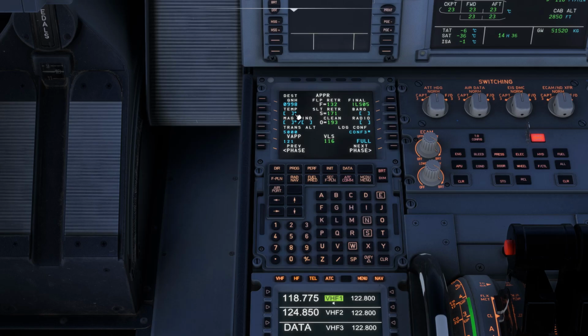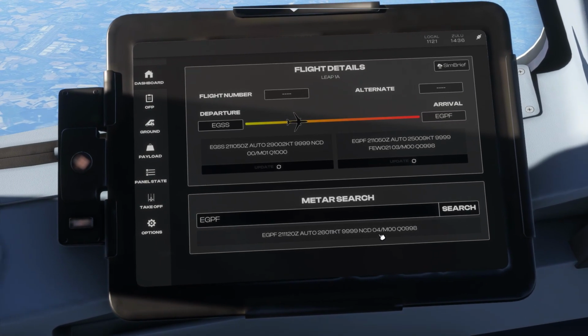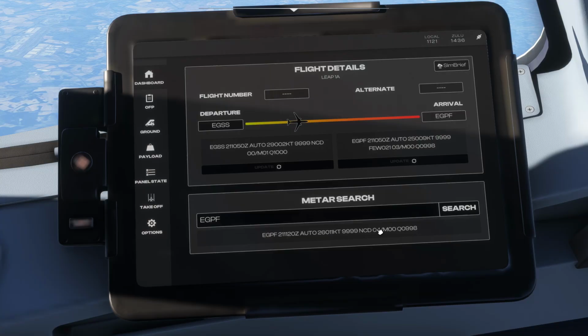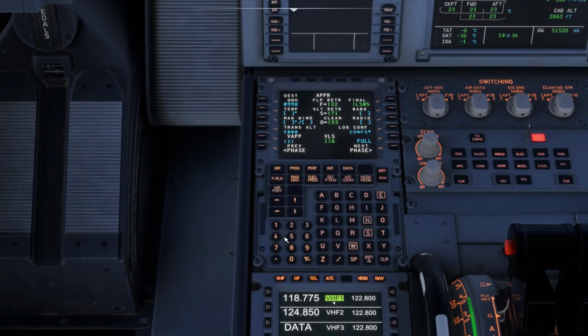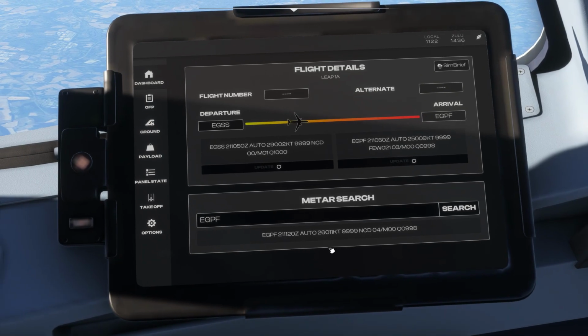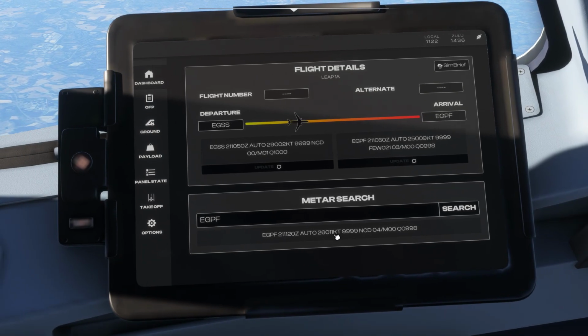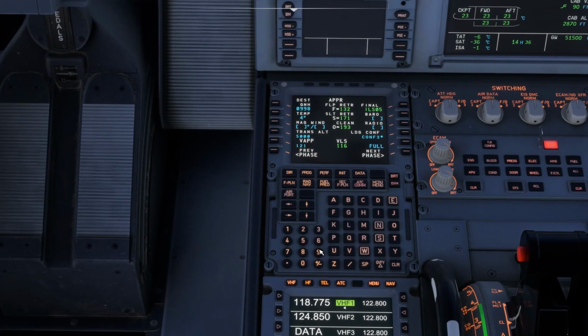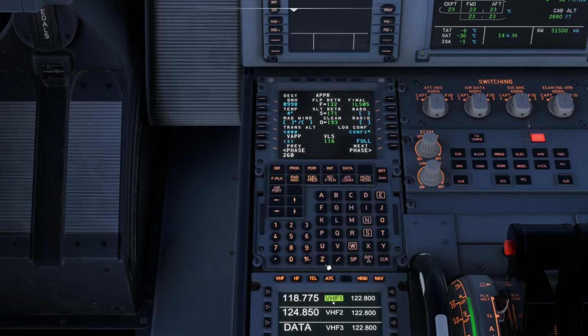Next up is temperature. On the EFB it can be found here. That's 4 degrees, which we'll enter into the FMC. Next up is wind. It's 260 degrees at 11 knots. Going to enter 260/11